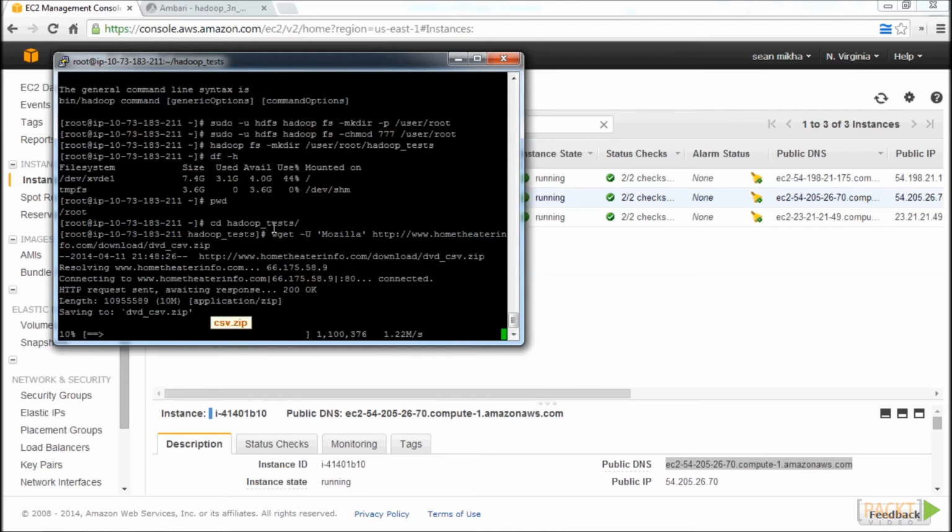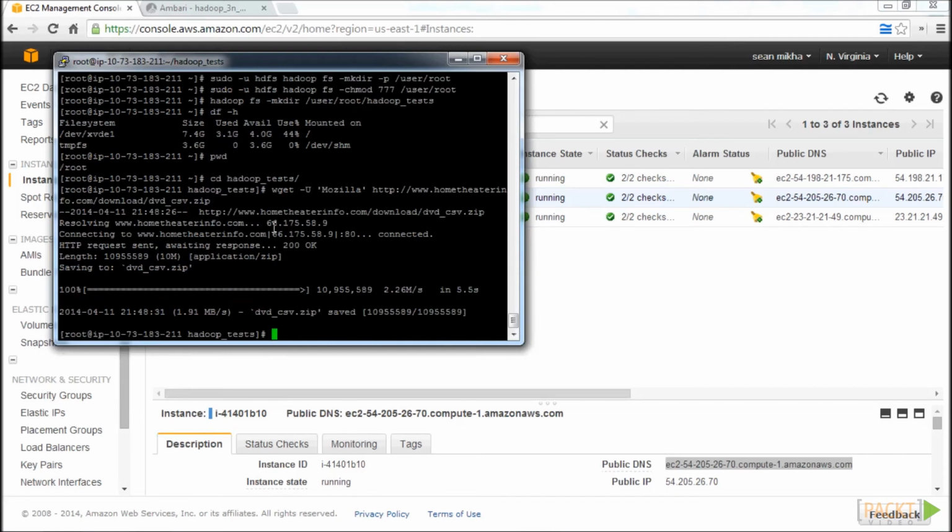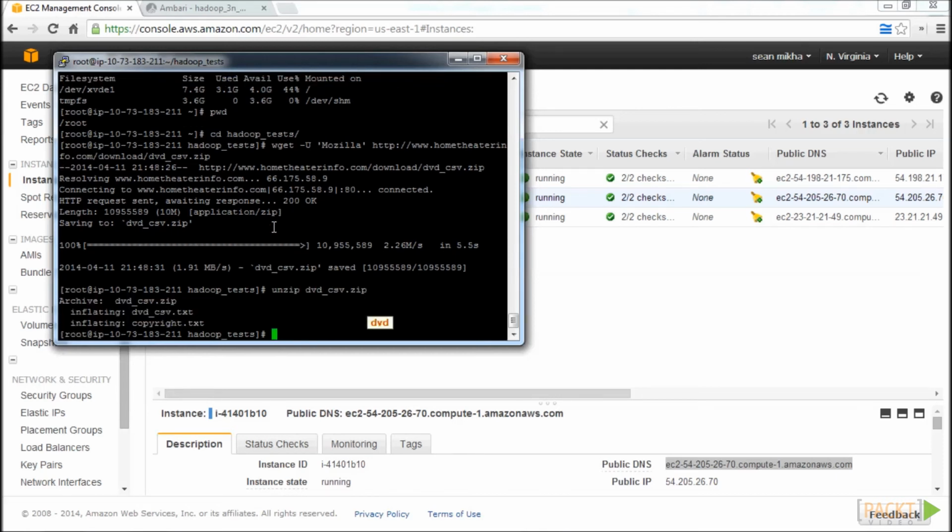But you can download from any location that you have a file. In this case, we need to use the wget -U option because this website only allows browsers to download the file. Hence, we submit a user agent as Mozilla or Firefox. Then unzip by running unzip dvd, the name of the file, which will generate a file called